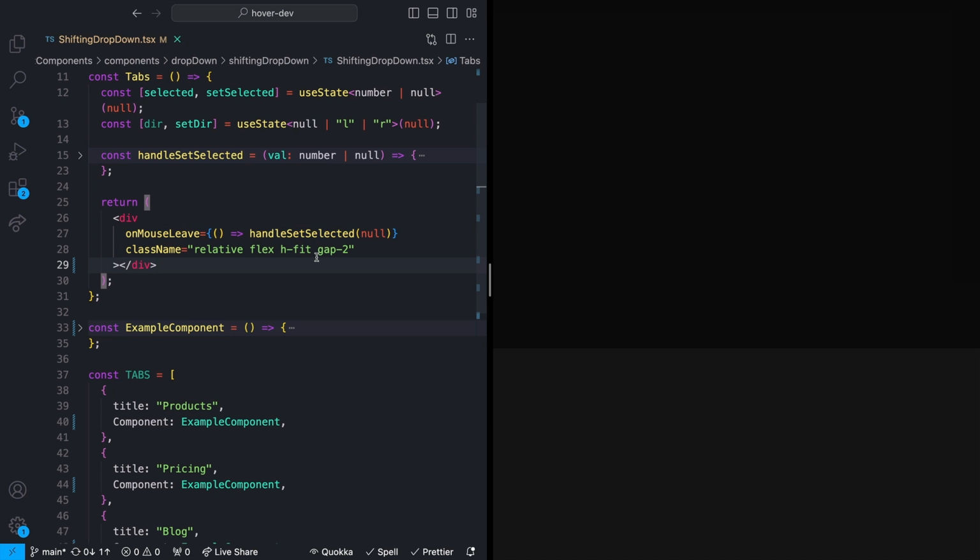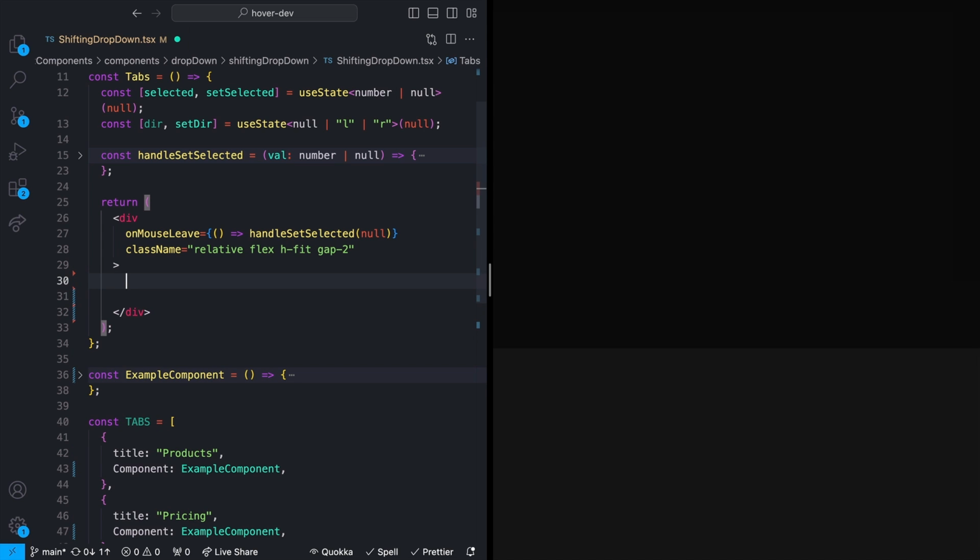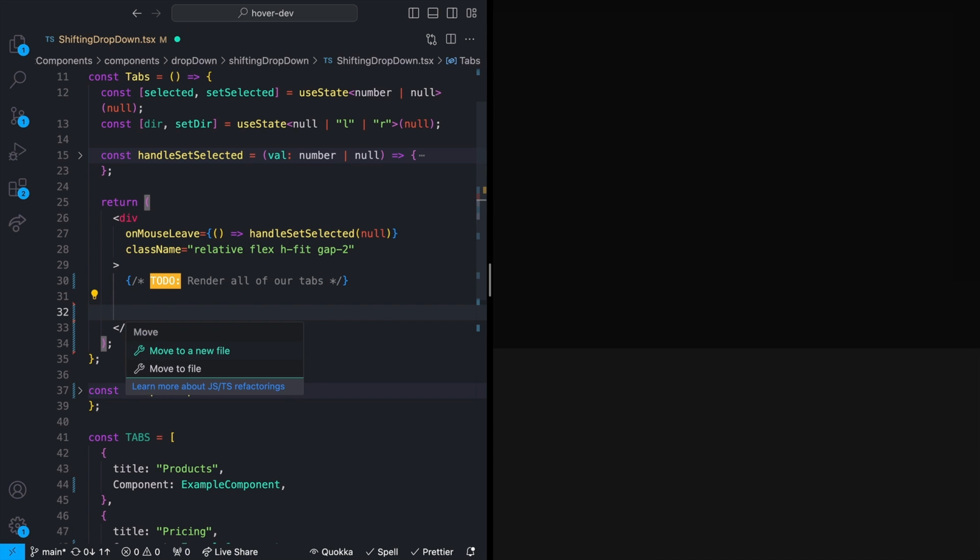I will also note now, we'll see this a little bit more as we get into it, but our tabs are actually going to be separated from our content. So what I mean by that is if I come into my div right here, I'm going to add a little to-do and say render all of our tabs, and then another to-do down here that says render our content. So it's not that each of our tabs are then inside of themselves going to have our content. We're actually just going to have one wrapping component that renders all of our content, and then we're just going to move the actual content that's inside of it in and out based on which tab we're currently hovering.